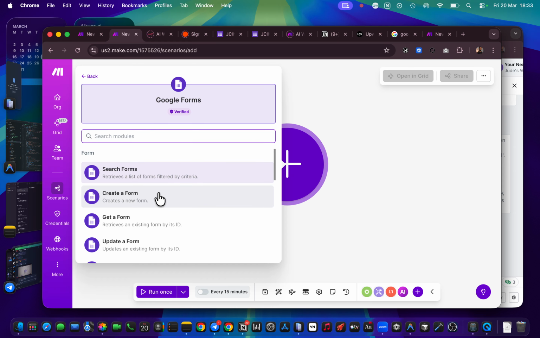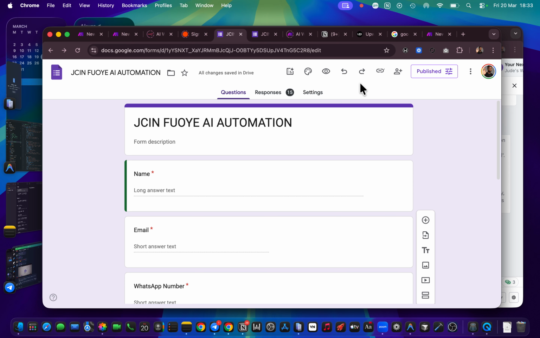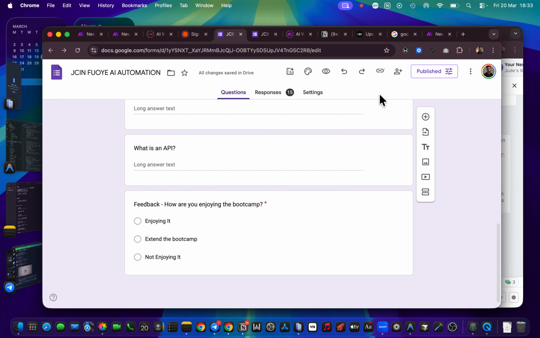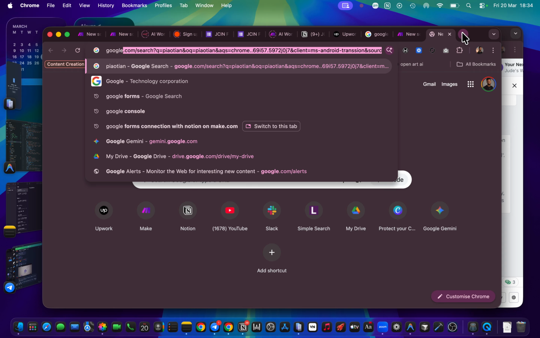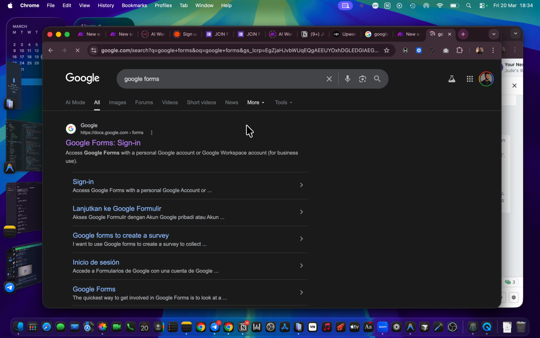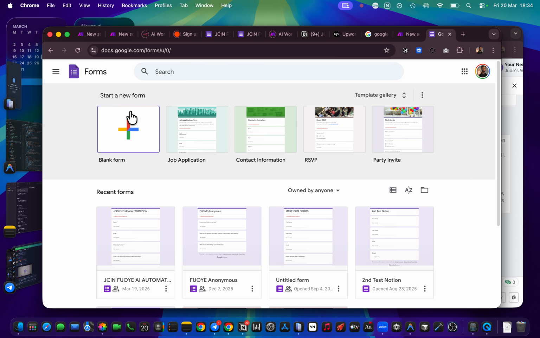Now, I remember yesterday we created a form together, and this was the form we created. We have 15 responses, so we have 5 more. It's very easy to create a form. What you have to do is open a blank search bar and type Google Forms. It tells you to sign in since it's a Google product. You click in, you get sent to this page, and you click on blank form since you are starting from scratch.